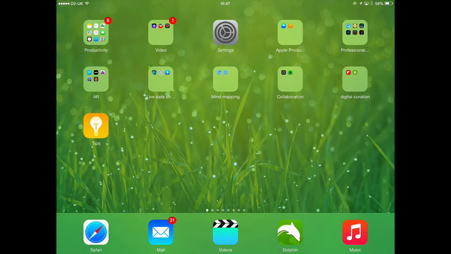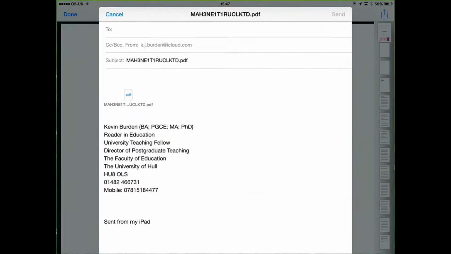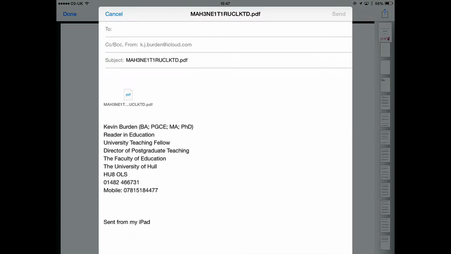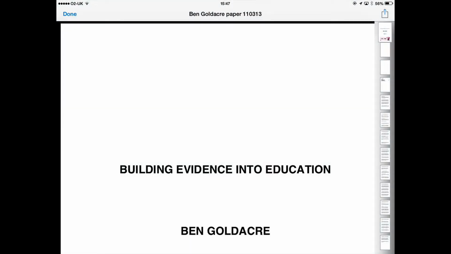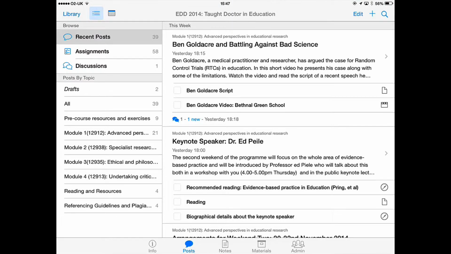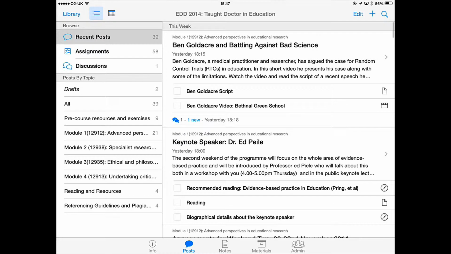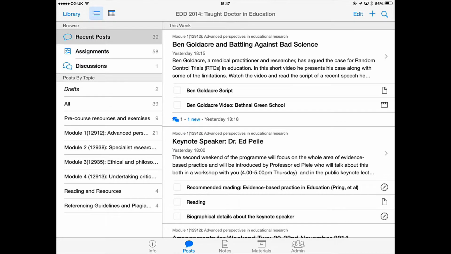Okay, so what I'm going to show you here is how to export a document such as an article, a journal article, from iTunesU. So if I go to iTunesU first of all, and I've got iTunesU open here, I'm going to go back and just start by assuming that you haven't opened a document. I've actually got ahead of myself here. So I've opened iTunesU and I'm in the posts and I'm going to an article here which I've just posted